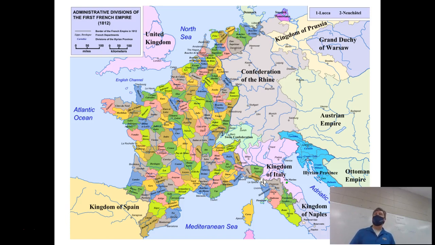He introduces, for example, universal public education based on a secular curriculum. Every French child will now go to school, paid for by the state, and they will be taught the Enlightenment. Under the old regime, everybody's got their place. The nobility are there to rule, the middle classes are there to be the bureaucracy, and of course the peasants are there to do the work. And if you are born into that class, society expects you to stay in that class. That's how it works. Everybody knows their place.